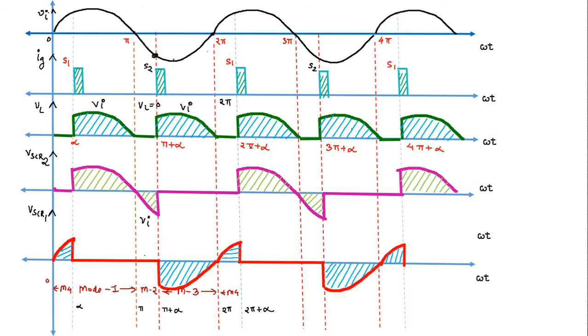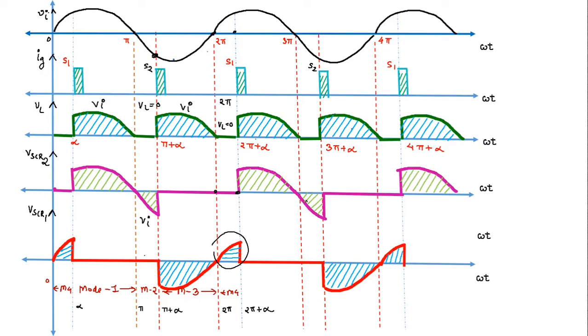Now we will see the voltage waveforms between the instant omega t is equal to 2 pi to omega t is equal to 2 pi plus alpha. Since the freewheeling process is occurring here, load voltage will be equal to 0. Now what is the voltage across the SCR1? The voltage across the SCR1 will be equal to input voltage. So whatever be the input signal coming between these two instants, it will come across the SCR1 because it is not conducting in this mode, but SCR2 is conducting in this mode. So ideally the voltage across SCR2 will be equal to 0 between these two instants.